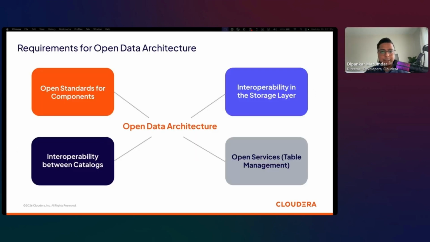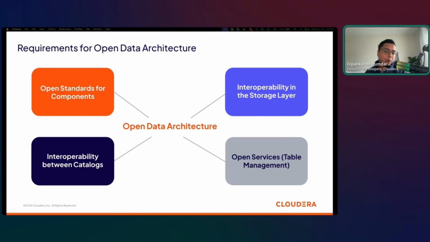Okay. So to wrap this up, open table data architecture isn't just about one component, as we have realized in this quicker version of the talk. It's about the entire stack staying open and interoperable. And there are four key requirements that I typically feel you should think about as you're evaluating vendor platforms, right? One, open standards across open components, right? So not just open source, you should have a flexibility.